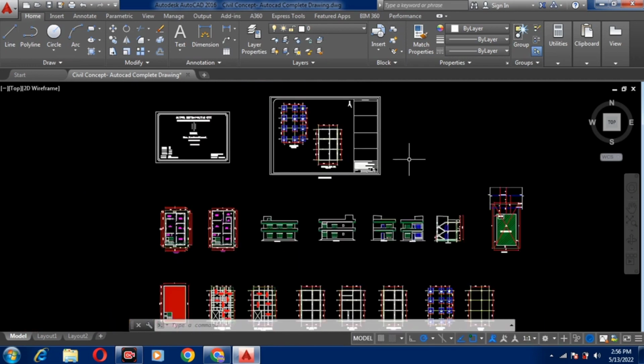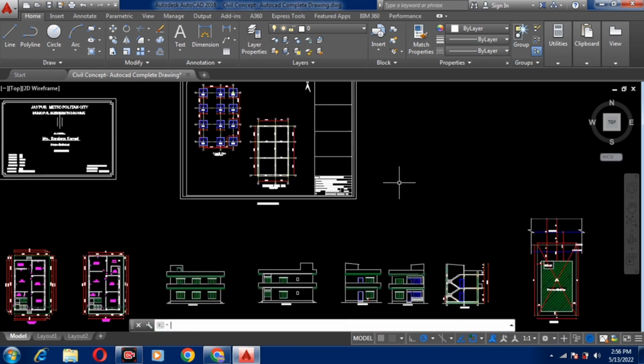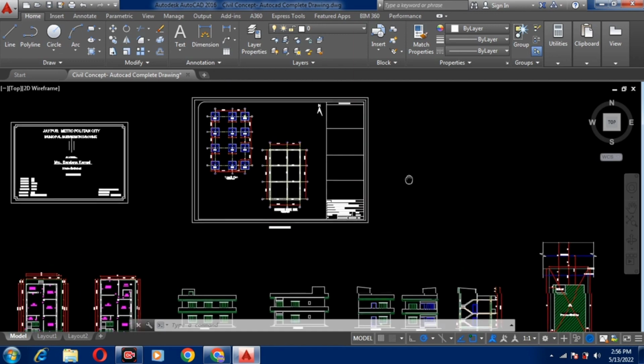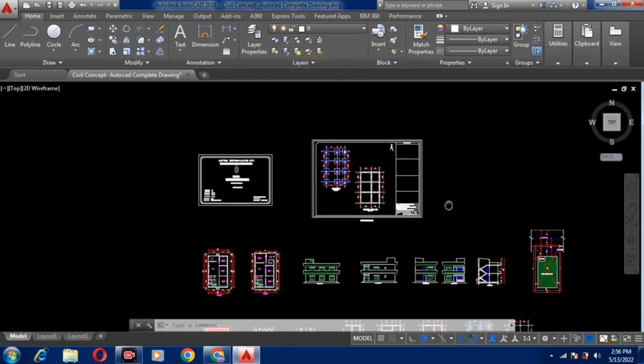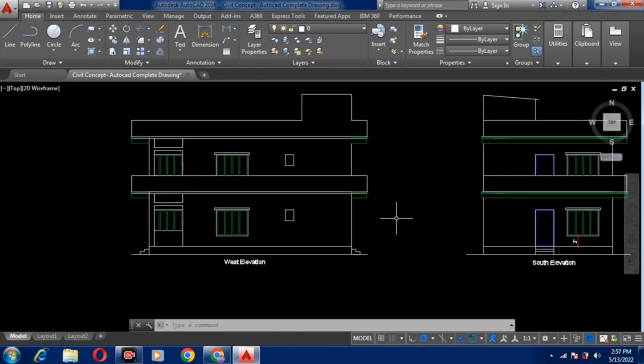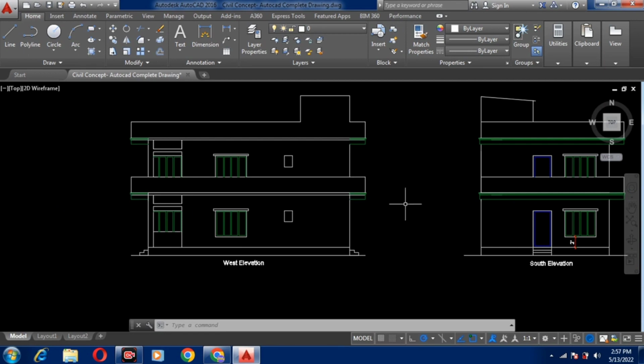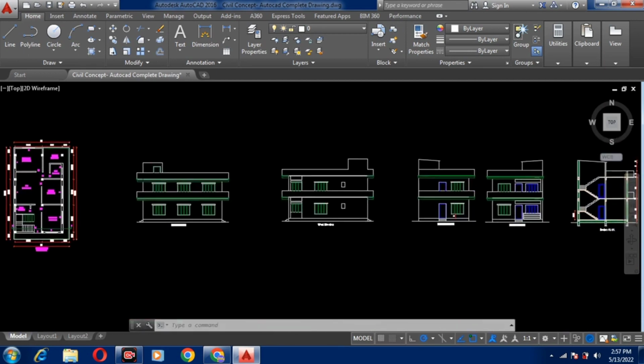At first I would like to tell you some introduction of this AutoCAD. AutoCAD is a software which is used to draw 2D and 3D models of structures. It is used by different engineers like civil, electrical and mechanical engineers to draw their models of vehicles, equipment, etc. Civil engineers use AutoCAD to draw plan, elevation and section of different structures like road, building,